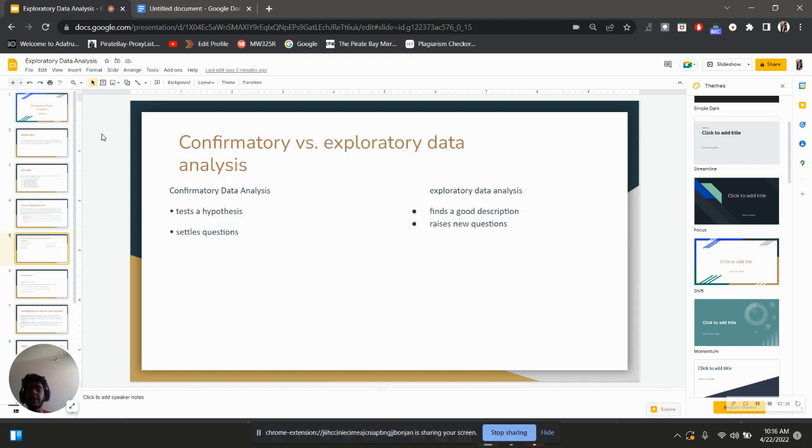So, what is the difference between confirmatory data analysis and exploratory data analysis? In confirmatory data analysis, we first test a hypothesis and then settle all the questions regarding it. In exploratory data analysis, we first find a good description that best fits the question, and then it raises all the new questions,